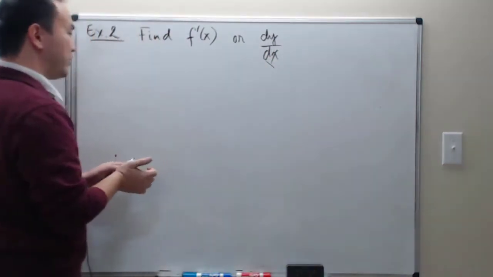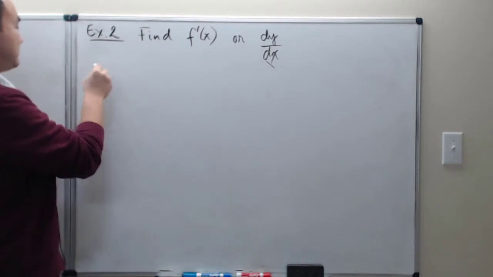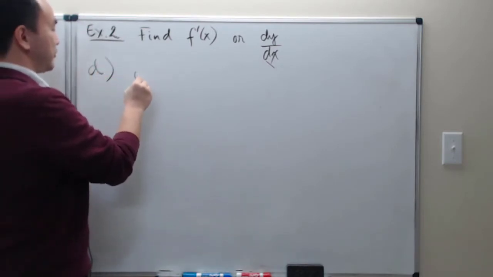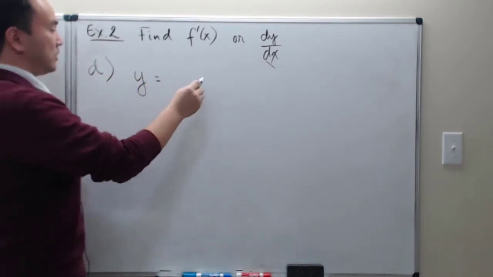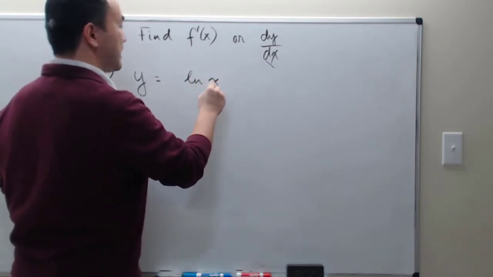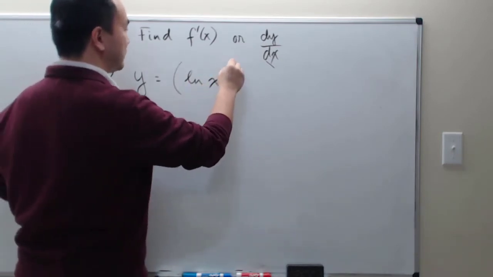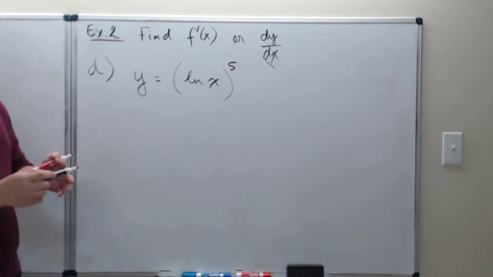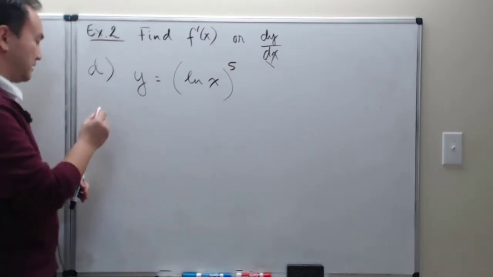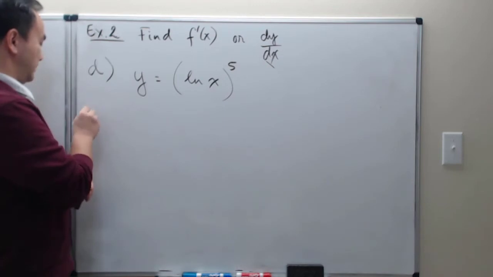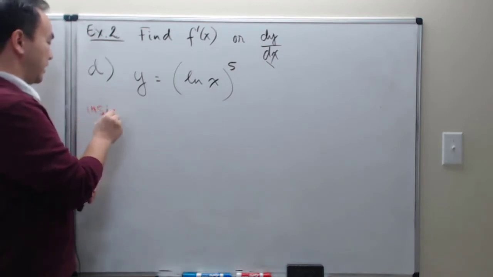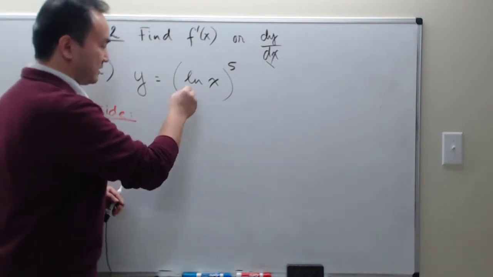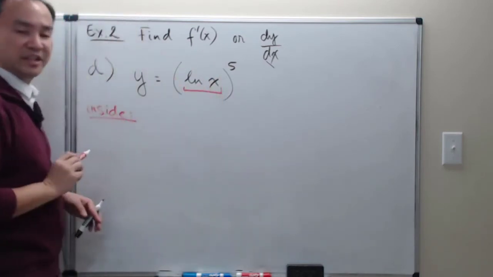And then we can also have something as following. We can have a function as y equals, let's say, natural log of x, but now I'm raising that to the 5th power or something like that. Okay, and so what I see now is that